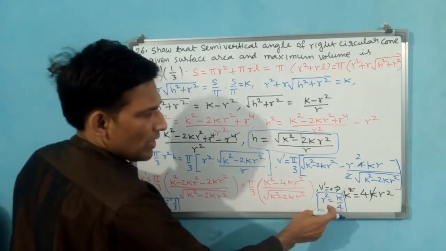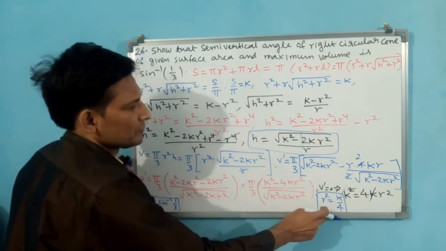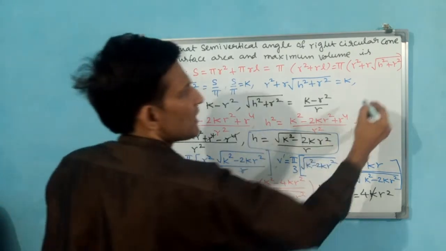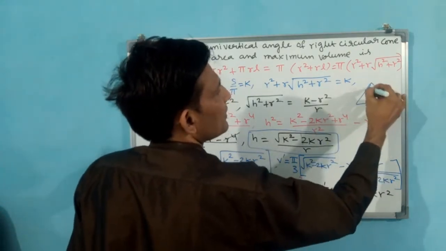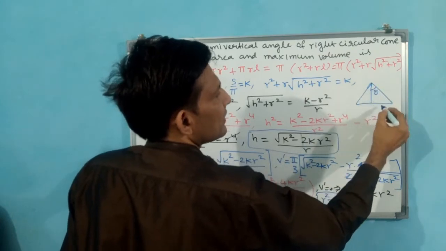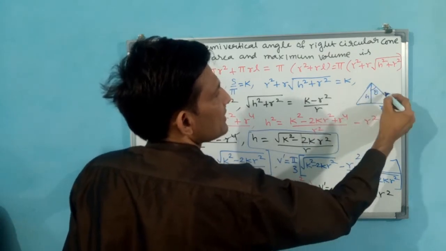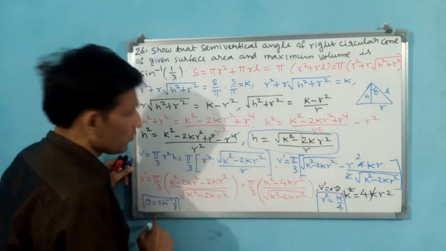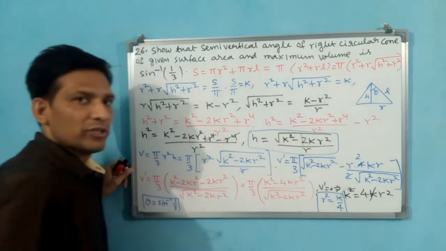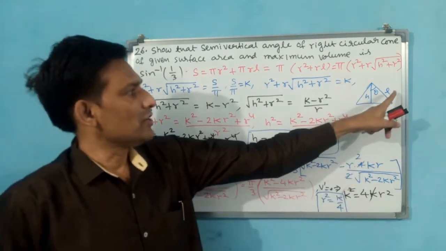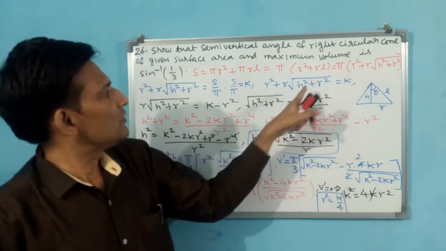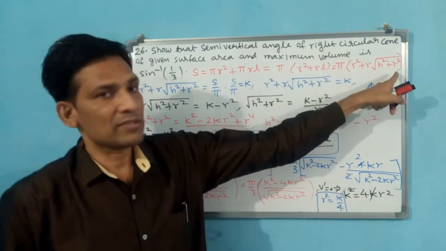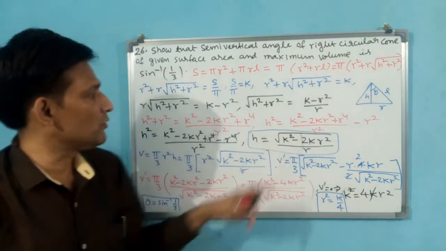See, you have got R square, which means R. You have to prove this one. But for proving this, you require this drawing again, which I am making. This is theta, this is R, this is H, this is L. Here, sin theta has to be proved. You require R by L. R you have got. How are you going to get L? L is equal to root of H square plus R square. If you get H, automatically you will get L.